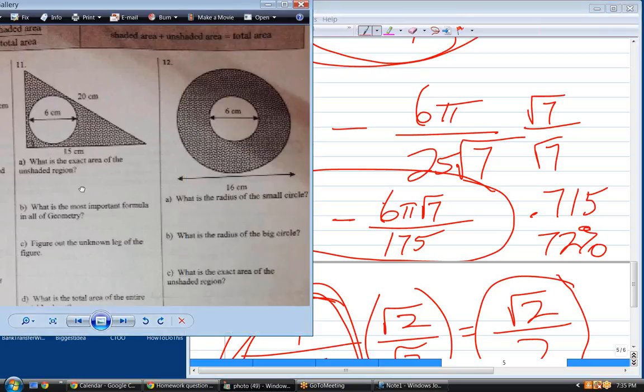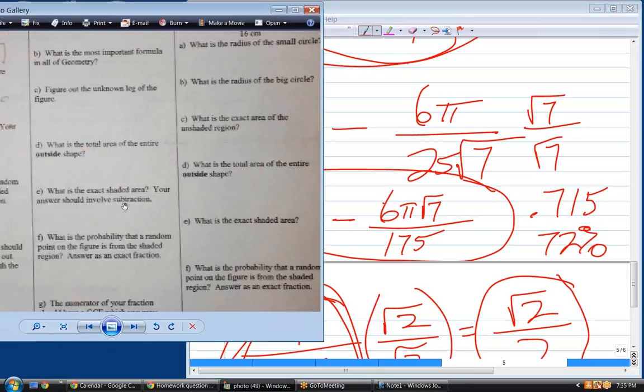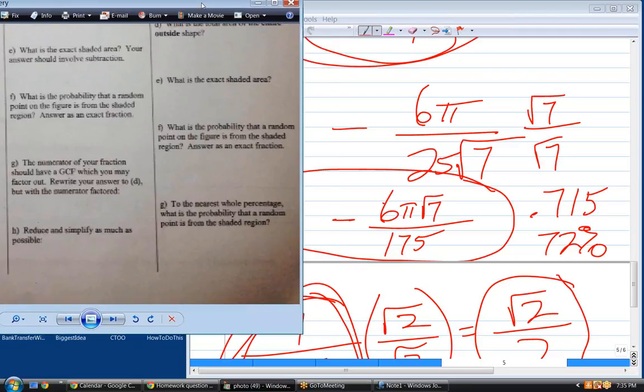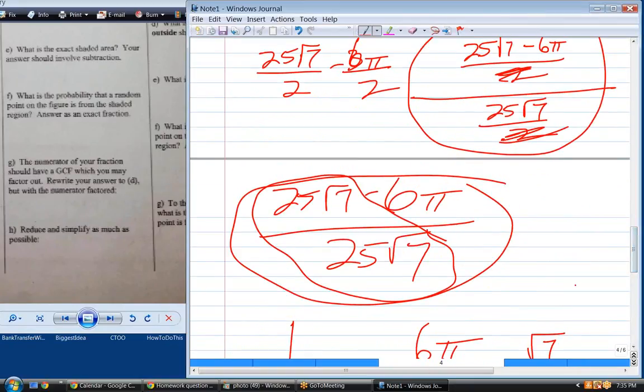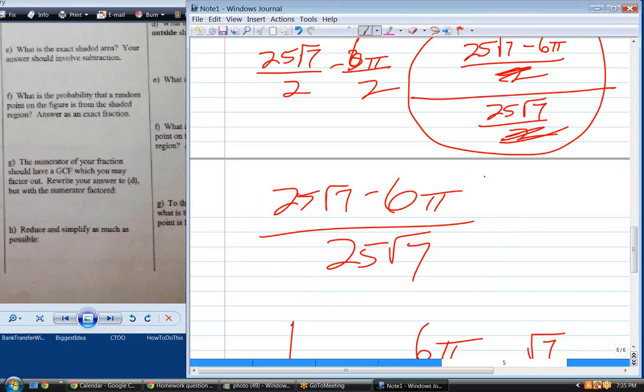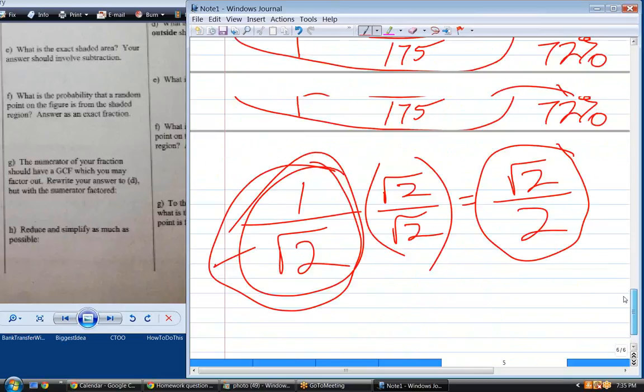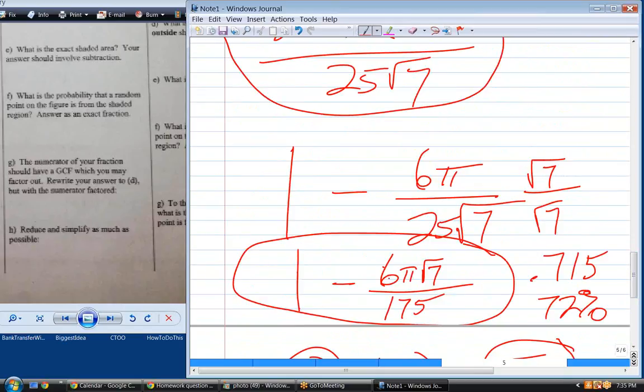And as far as this answer for F, answer as an exact fraction, I would say that answer should be what I have circled right here. I would think that's what they want. Okay. If not that, then this one that I have circled. And in fact, you might want to put the top one down for F, and